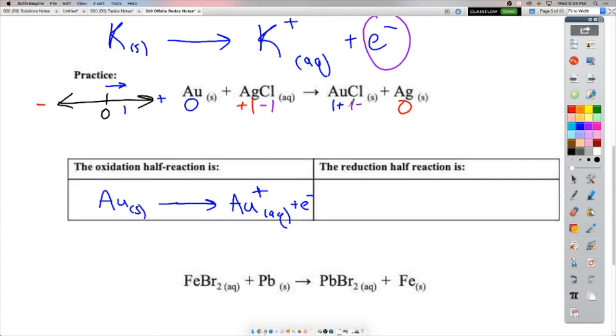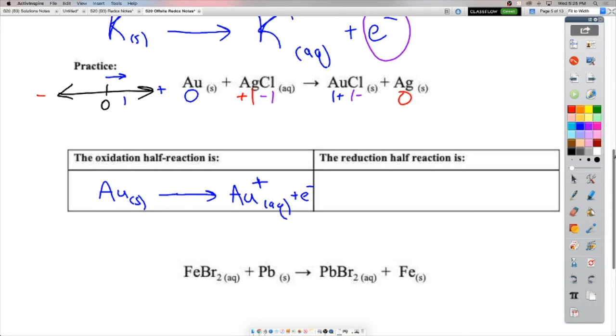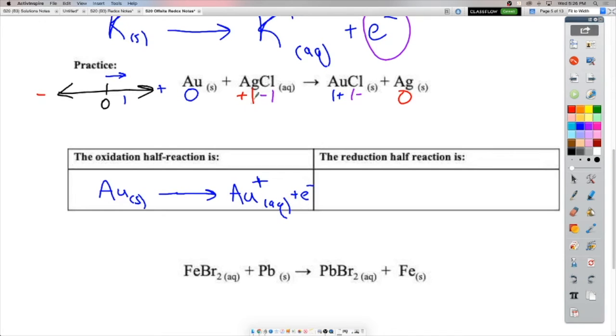And if you said spectator ion, you're dead on, because it's there, but it's not actually part of the redox, right? It's there, just spectating. Okay, but silver, on the other hand, went from +1 to 0. That's going this way towards the negative. So that thing is getting more negative. To get more negative, you have to gain negative electrons, right? So gaining electrons,